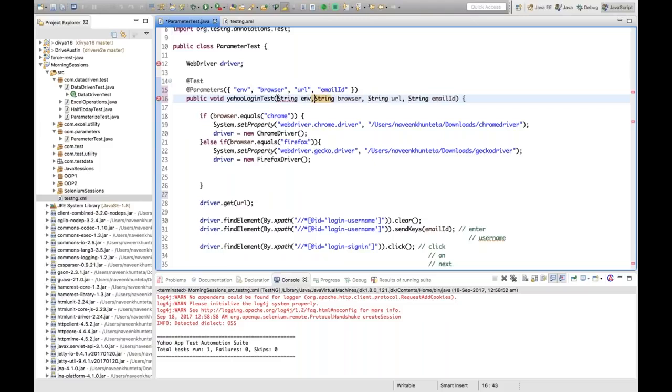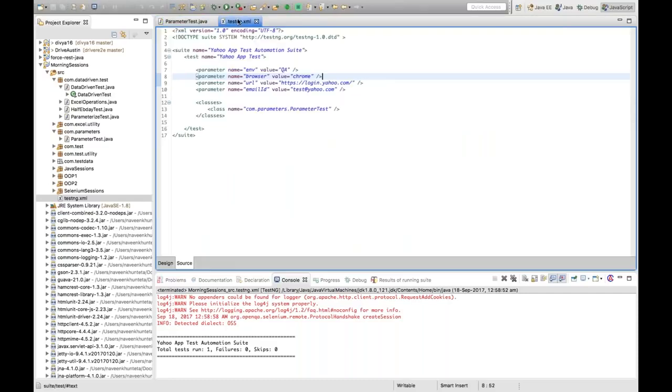String environment, right? So let's say in most of the companies, whenever we are doing automation and running our automation test cases or manual test cases, we are executing on dev environment, QA environment, staging environment, right? And then production environment, like this. So you can define the logic like, okay, the environment is QA, and you can write the URL of the QA environment